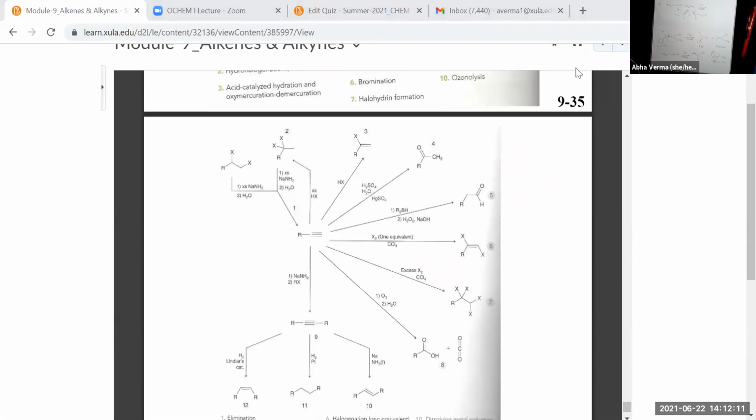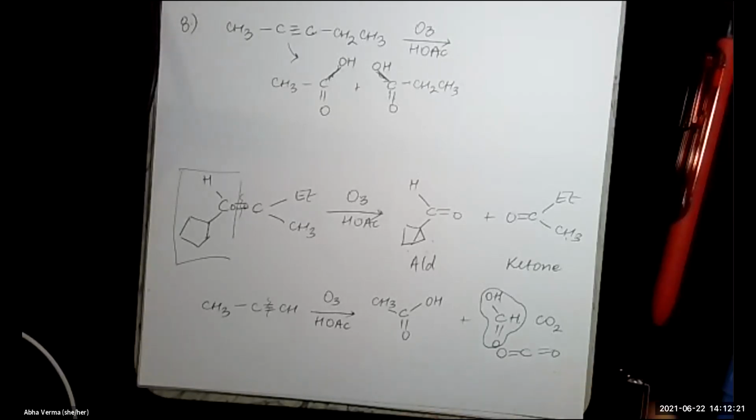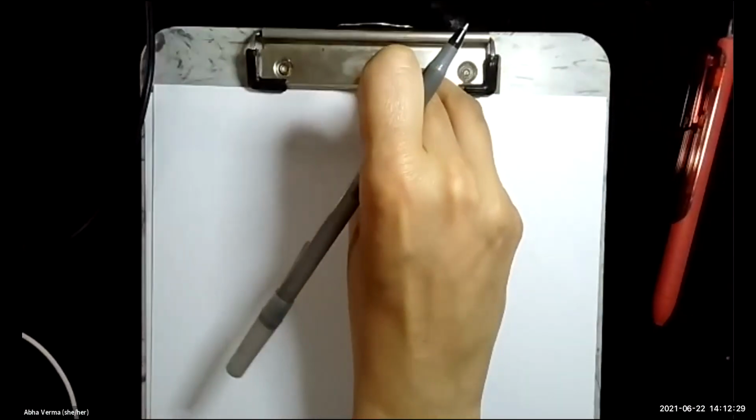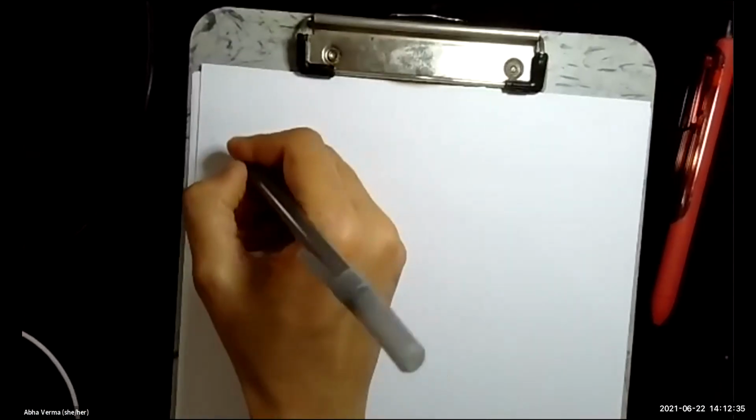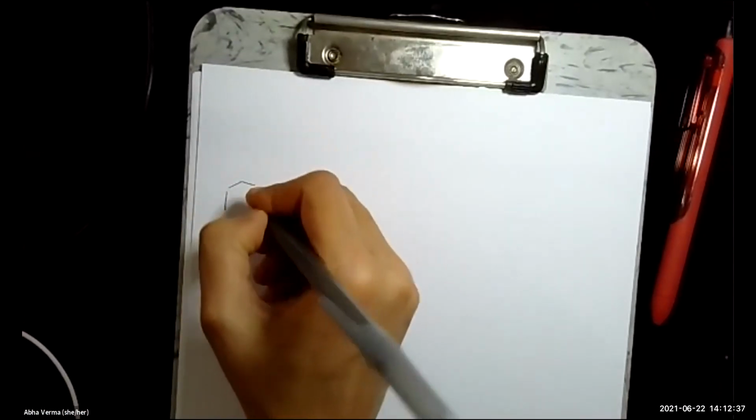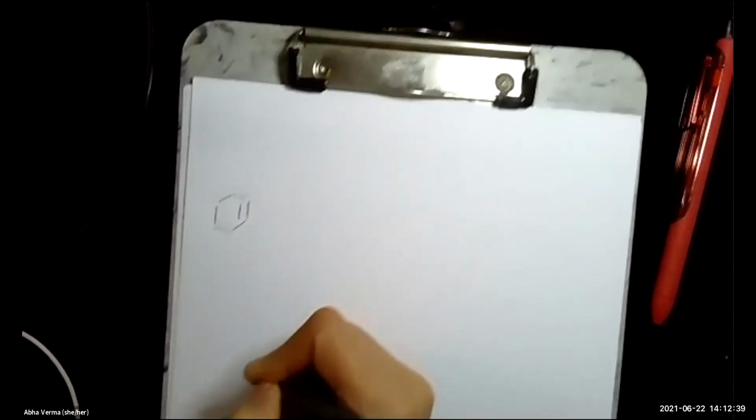But knowing these reactions is not enough. You need to know what is the mechanism going on in here. Okay, so I'm going to write up a few reactions and we will try to solve for them. And for some of these reactions, I will use the same reagent, same alkene. So for example, I will use this one starting alkene